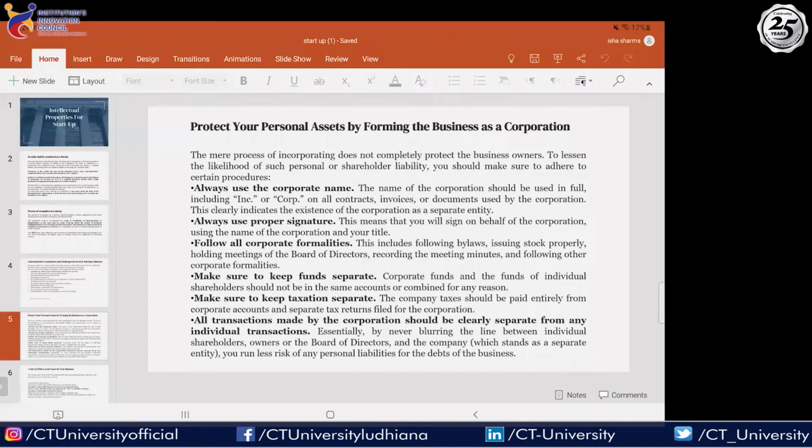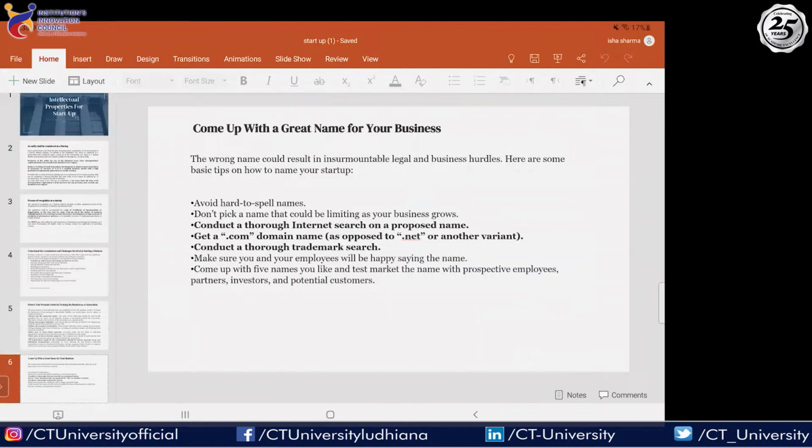Now, why forming a company is important in comparison to running it in an individual name is that the liability will not be on the individual per se. If you form an entity, either a private limited or an LLP in India, then the liability is on the company, because the company is an entity and it acts as a person as such. So basically, your individual assets will not be under question, and that is where you can safeguard yourself on a lot of fronts. So always run through an entity.